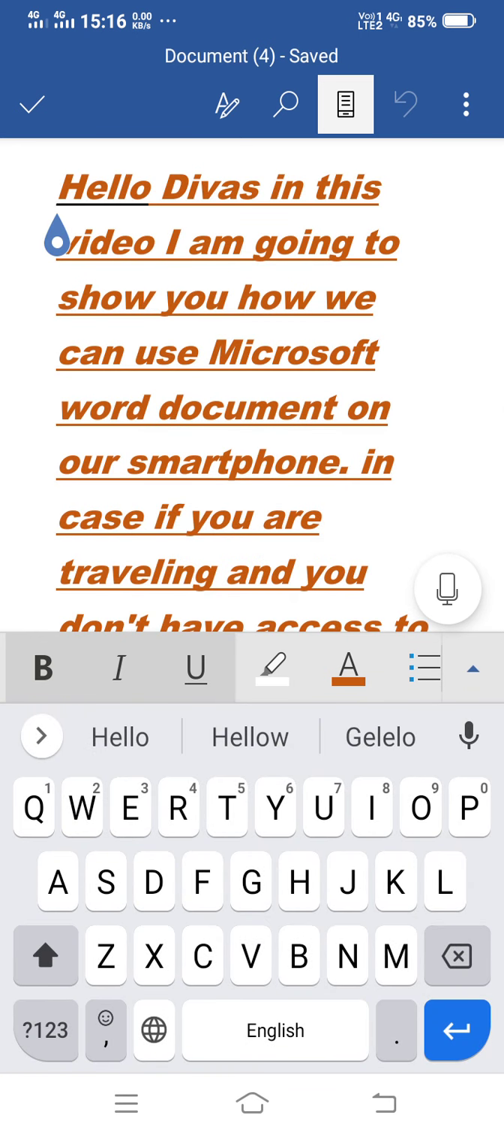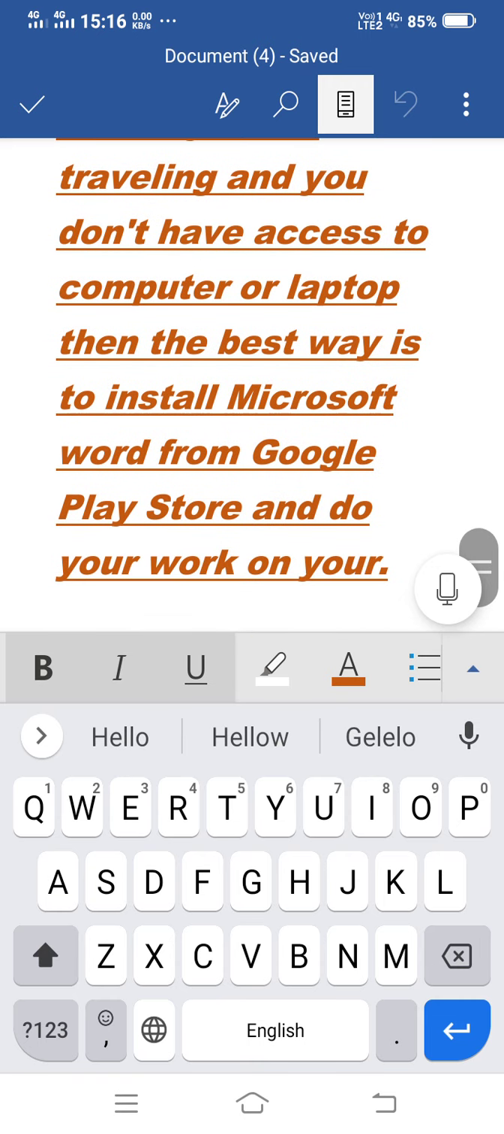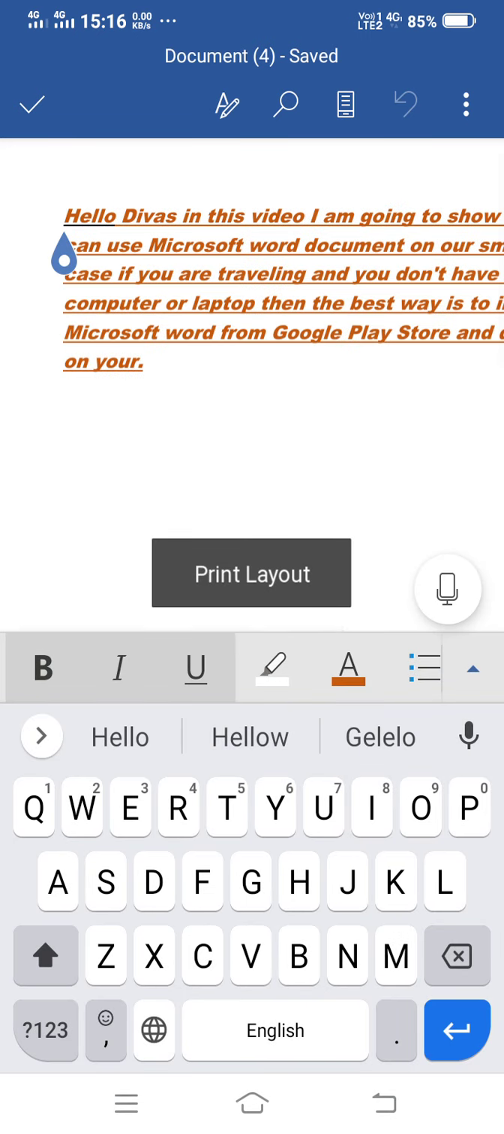Here this document is now in mobile view. If again I click, it is now in computer or print layout view. So the smart way of using Microsoft Word document is to install Word on your smartphone, and you can type, you can do your work as per your convenience. There is no need to have an actual laptop or computer, or those who have trouble in accessing laptop or computer, they can use Microsoft Word document by installing it